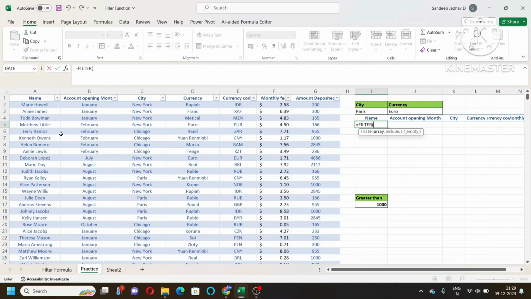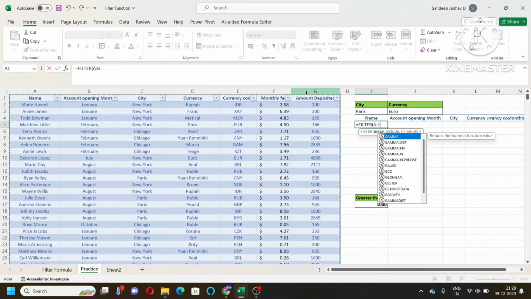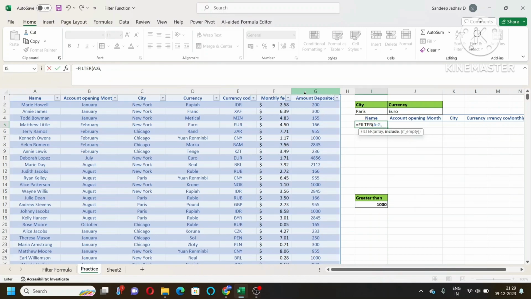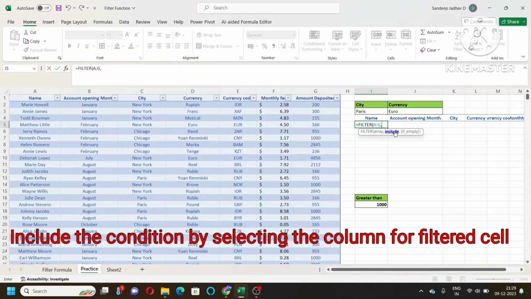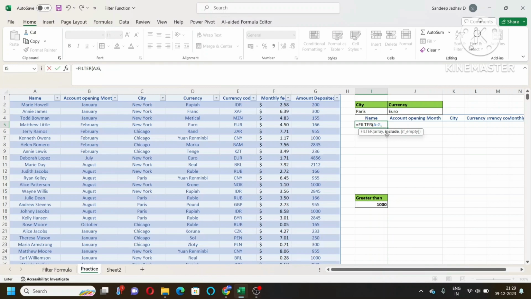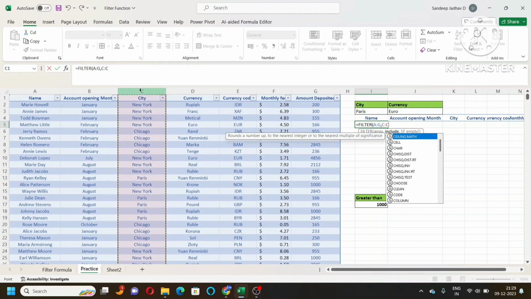So filter, first of all I will select this array. I can select from this header, but to save the time, I will go ahead and select from the top only. That is, I'm directly selecting the columns. So A to G, and then comma. Then what is it asking? Include. Now here is very important what we should put. Here we are going to select the column of the city, because I want a particular city. So I will select the column of the city from here, include here,